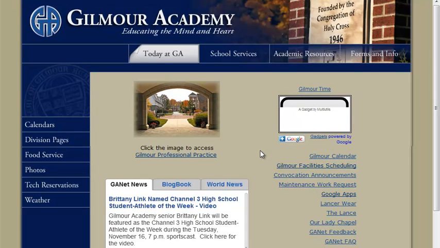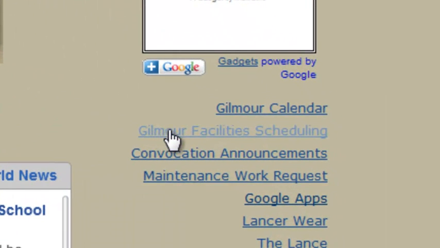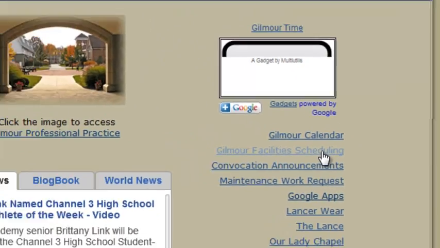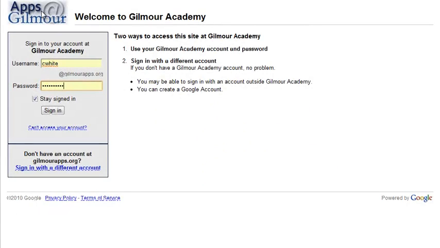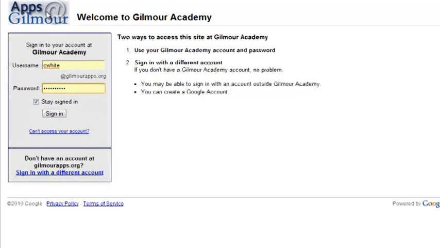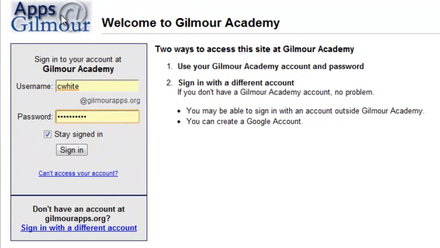Once I have logged into the intranet, I land on the Today at Gilmour page, and I'm going to look for the button that says Gilmour Facility Scheduling, and I'm going to click that button. That's going to take me to the login page for Google Apps at Gilmour, which is the Apps at Gilmour page,